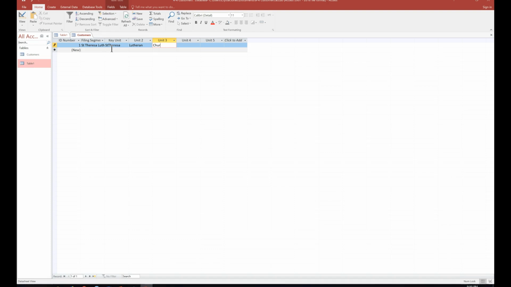And laptop keyboards are not always the easiest to work on when you've been used to using a regular keyboard. Okay, so St. Teresa's Lutheran Church. Don't worry if all of the fields' names are not showing. It's just because we haven't sized them. Okay, so we go to the next one,